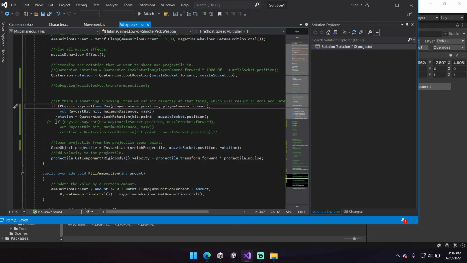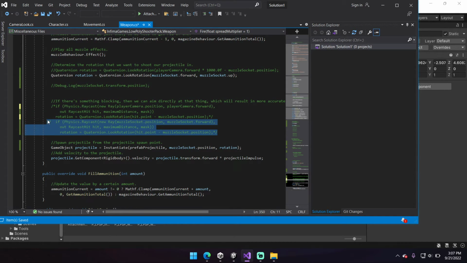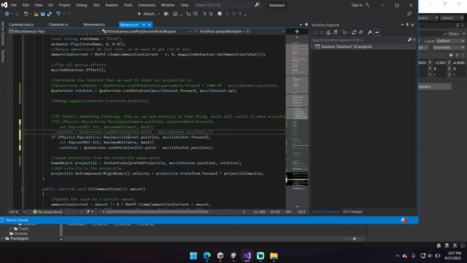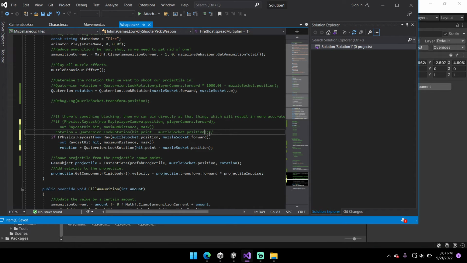So even though the bullet's coming out from a different place, it's still going to wherever that raycast is coming from. What I did to fix that, with some help from Rob, is let's comment this out here. I added this code here, which is just a little different from this one, where instead of taking the player camera position, we're taking the muzzle socket position, and we're taking the muzzle socket forward, so whatever direction it's facing, and the bullet's coming out from that. It's taking a raycast from that rather than from the player camera. So if we go back in here,